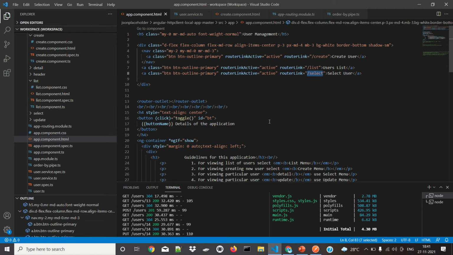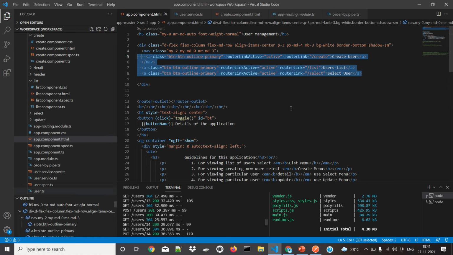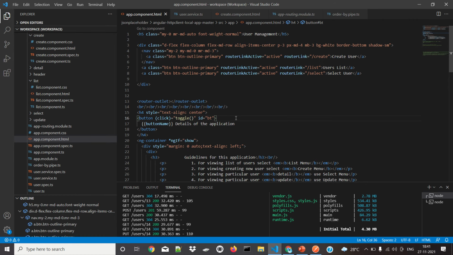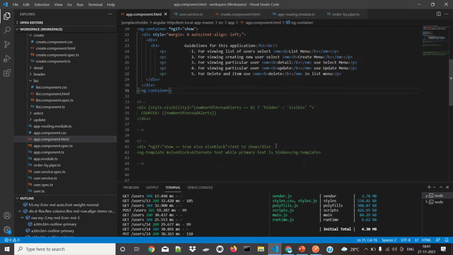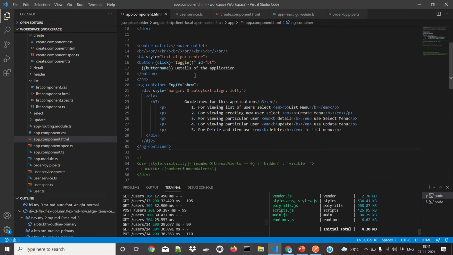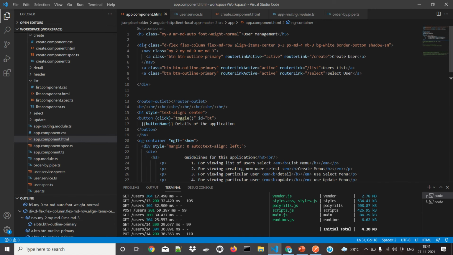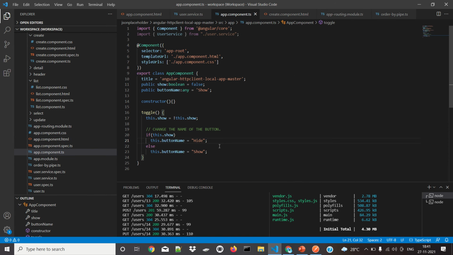In the app component.html, I have a user management page with router links for these three pages: create user, users list, and select user. Then I have the router outlet, which includes all the routers inside these pages. After that I have given some guidelines, which will be available in all the pages. Likewise I set it up, and if you go to the app component.ts, it has a simple show hide option.